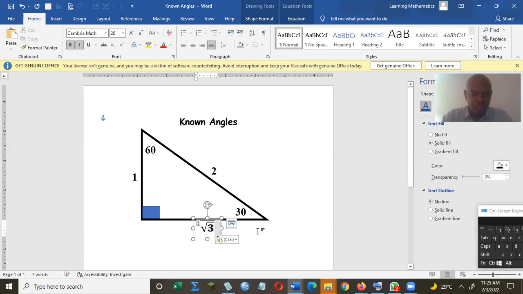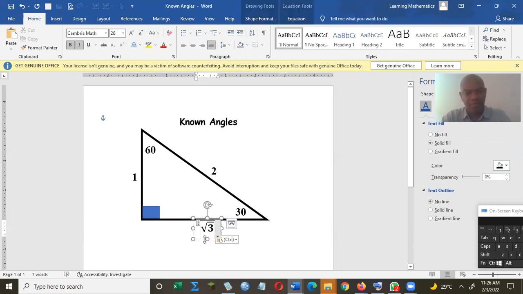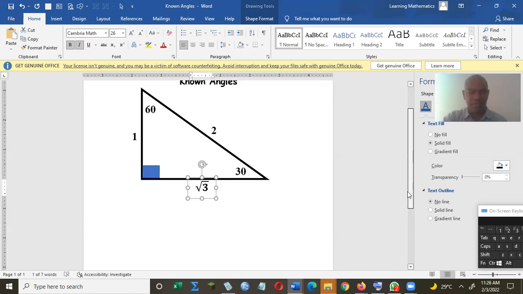So what you need to know now is that at 30 degrees, the side opposite to the 30 degrees is half of the hypotenuse. The hypotenuse will be twice the side opposite to 30 degrees. Once you know that, then you can get the 60 degrees, and then you can get the other side adjacent to 30 degrees, which is the square root of 3 by Pythagoras theorem. So therefore now, applying the